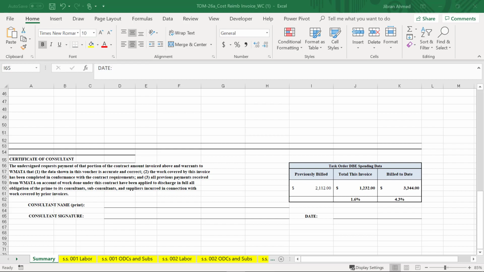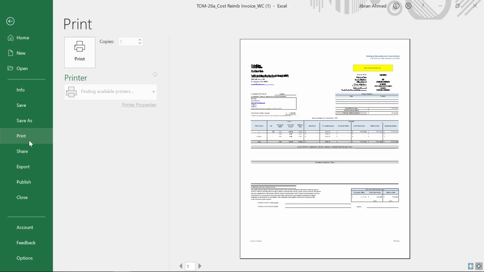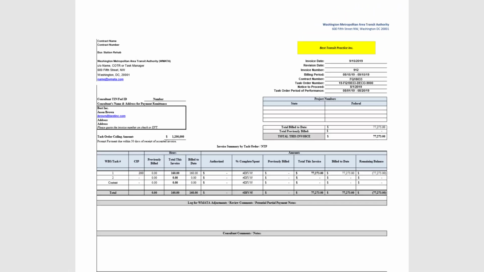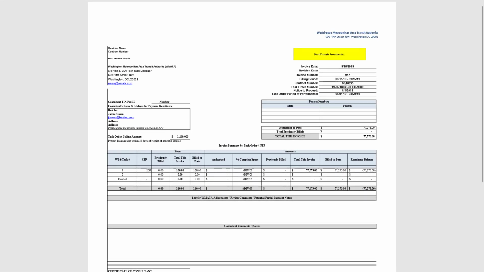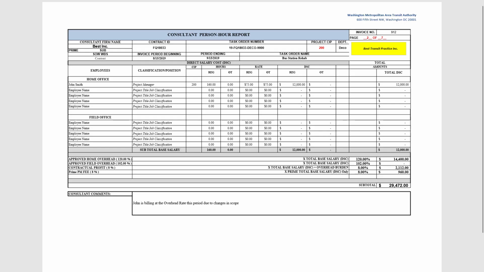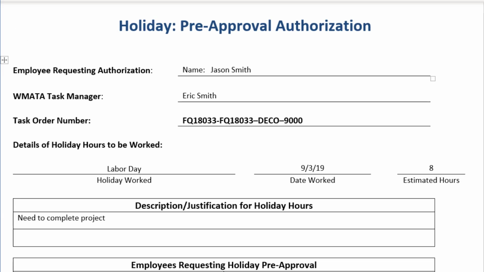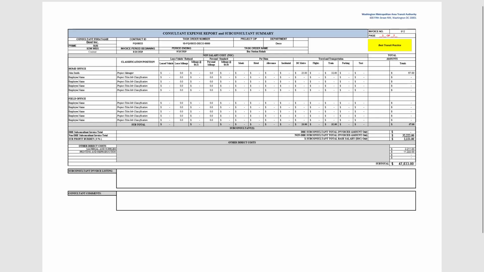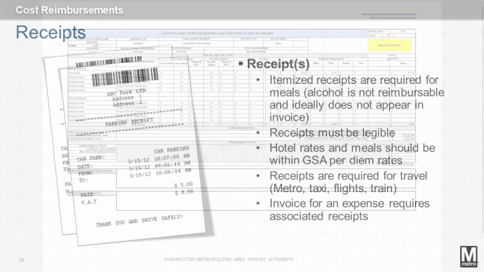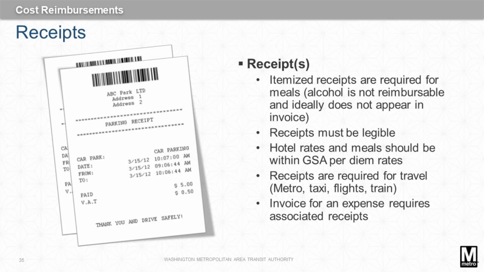Once all the information is populated and quality checked, you can print each page as a PDF. A complete invoice package includes the invoice summary page, the consultant person hour report details, signed timesheets, pre-approval forms if applicable, such as overtime, holiday, personnel, and inclement weather, consultant expense reports and subconsultant summary details, associated receipts, MAP mileage forms, and pre-approval travel forms,